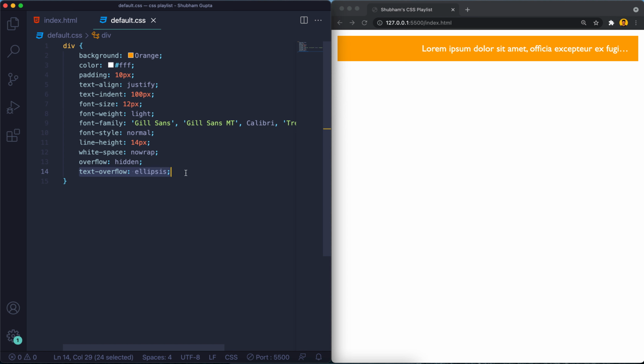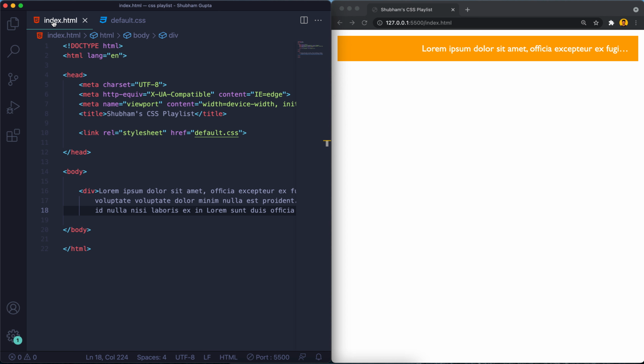So hope you like this one, and let's add a couple more things, like how to style the anchors and the list.